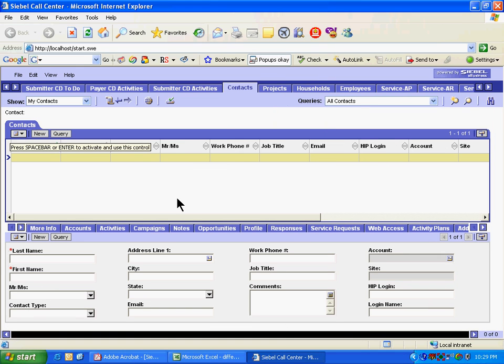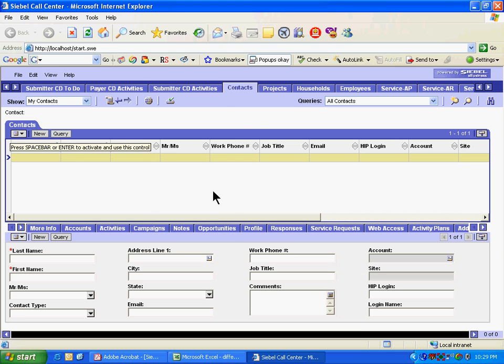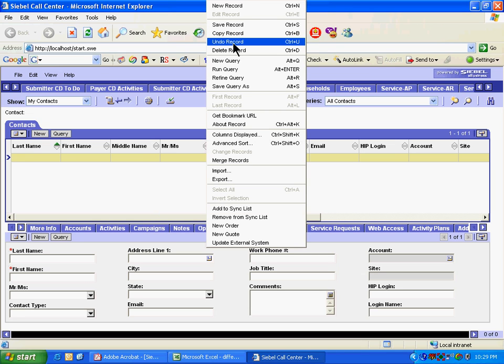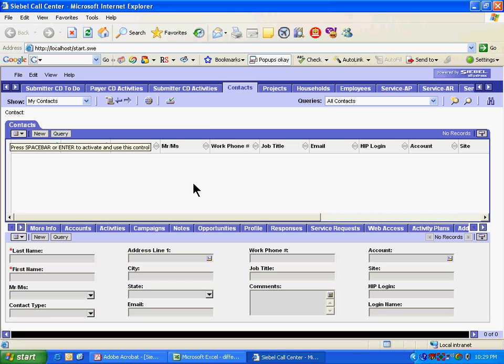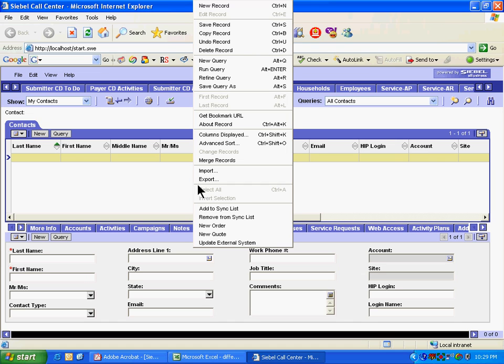See, I press Control N and a new record is entered. Okay. If I press Control N again, what will happen? It will try to insert a new record into it. It will throw an error saying that first name is a required field. Okay. I just press Control N. New record is entered. Okay. So what does it tell you? That